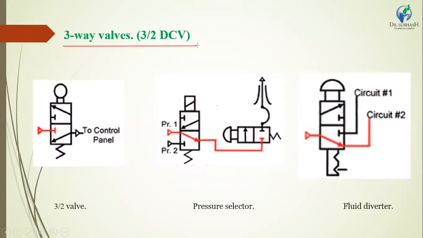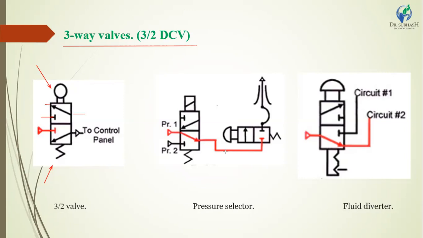Three-way valve or 3 by 2 DCV. The drawing here is a 3 by 2 valve. 3 means 3 ports and 2 positions: port 1, port 2 and port 3. For every square block, the number of inlets and outlets, or number of ways, is calculated as the first digit 3, and by 2 it gives the number of positions possible. These valves are operated by manual method. Here this ball is attached to the 3 by 2 direction control valve, which means it is manually operated, and second, a spring is attached to operate the return with spring.